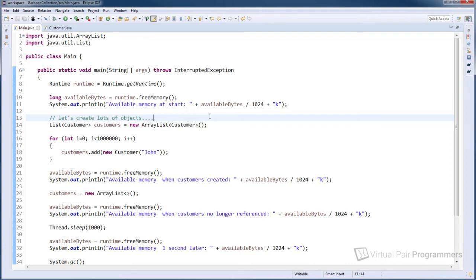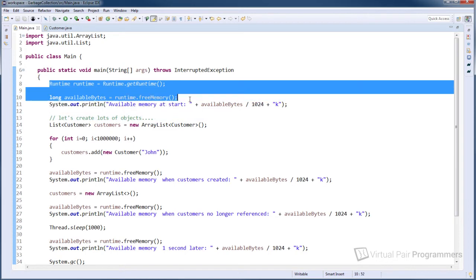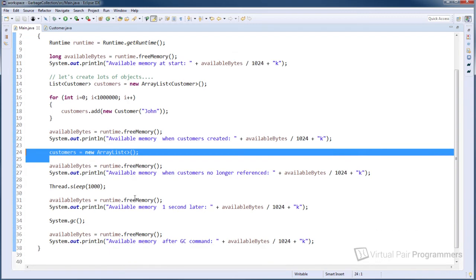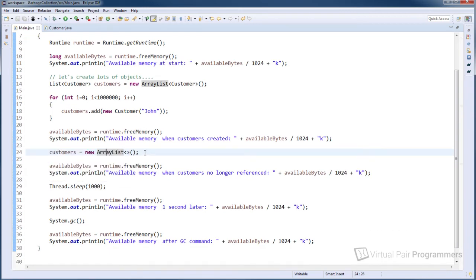To find out the available memory, I'm calling a method called freeMemory, which is from the Runtime class. So you can see that's here, and I'm printing out the amount of available memory at the start. Then I'm creating the customers and printing out the amount of available memory again. At that point, I'm setting my customers object, that's the list, to an empty new ArrayList. So all of those 1 million customers that we've created, which were sitting on the heap, will now be available